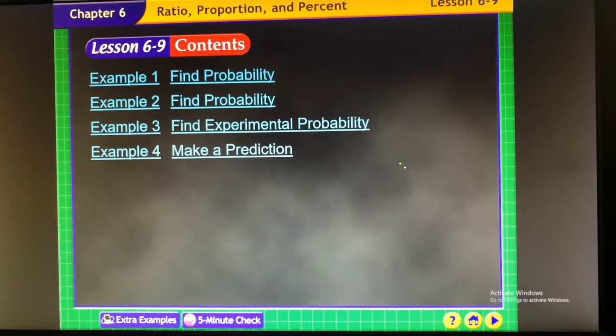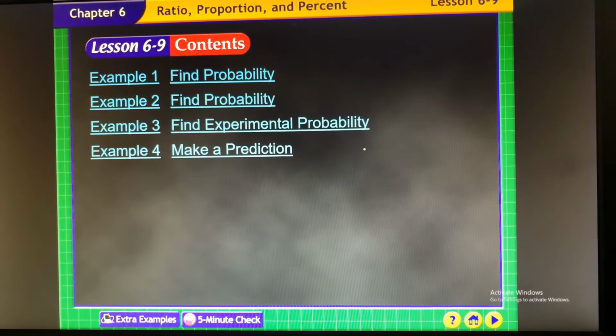All right, we're going to do a little probability. When we do probability, there's what's called theoretical probability and experimental probability. Theoretical probability is when we don't do an experiment and we just say, in theory, your probability would be this. Experimental probability is when we actually experiment, like flipping a coin over and over again, to see if our probability